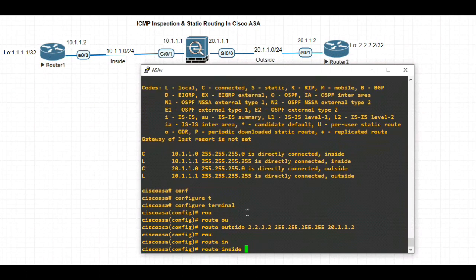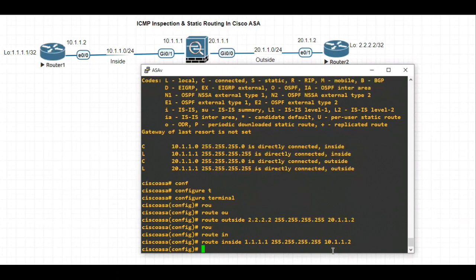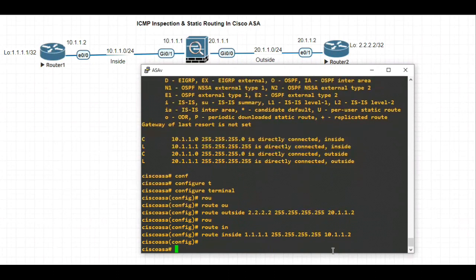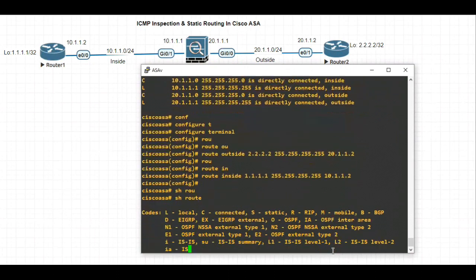For the inside, what's the IP address here? It's 1.1.1.1 and it's /32 for this subnet. And it's passing via 10.1.1.2. Okay, if you want to verify, you can write the command show route.